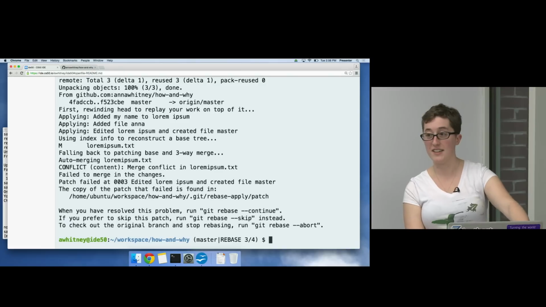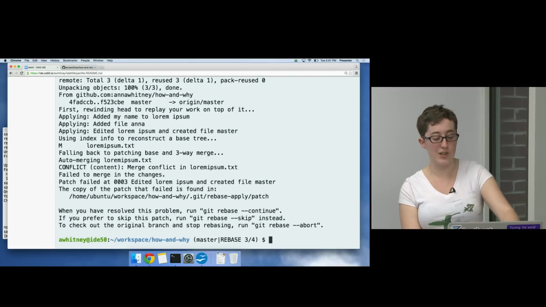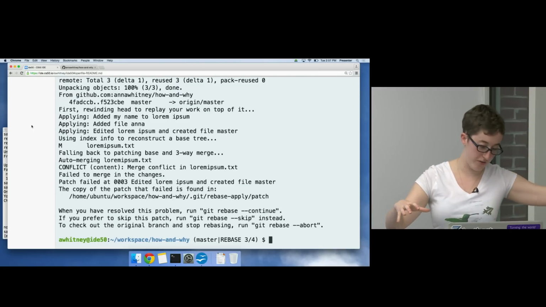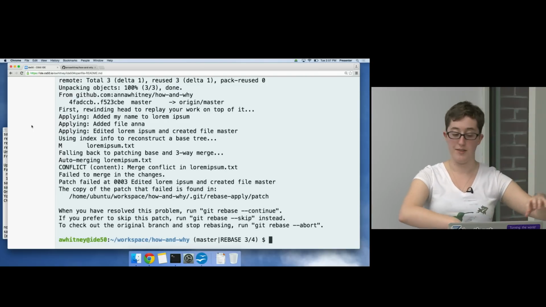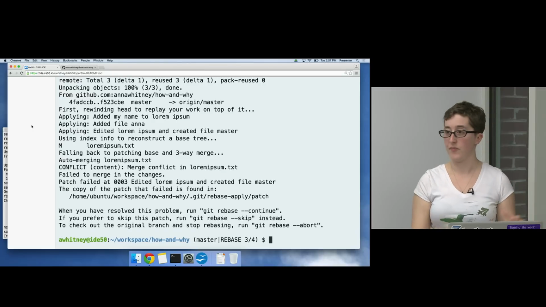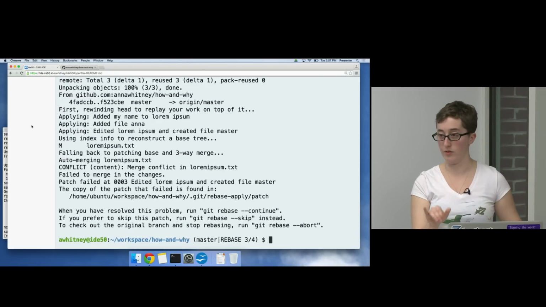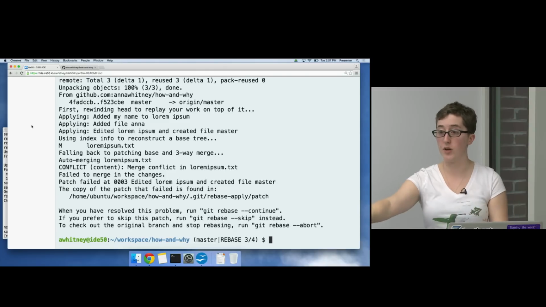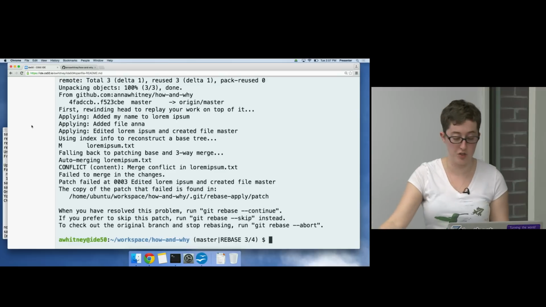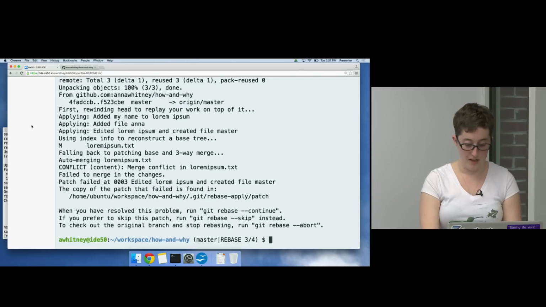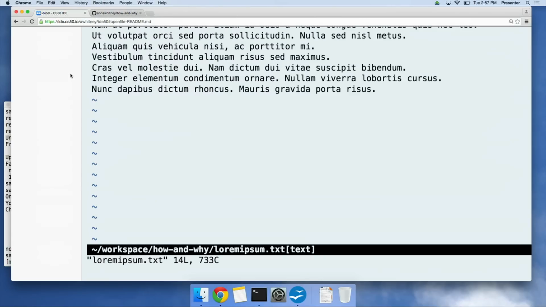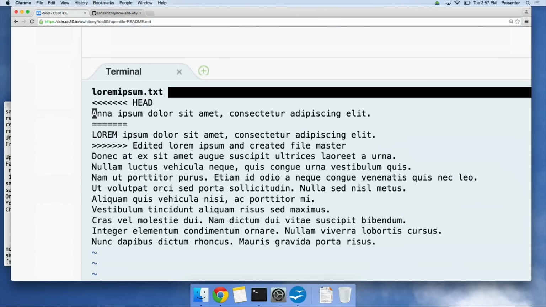And it's literally going to move back. It's going to take all of the commits that I just pulled from wherever I pulled them, from the remote repository. And then it's going to play my new commits on top of it. In other words, it's going to apply all the changes. So if I just fix this,